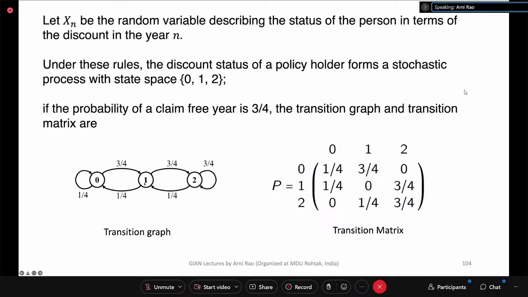So a person, in a year, suppose the second person is in state 1. That means currently availing a 25% discount. Their premium has got a 25% discount. And when the driver is getting a 25% discount in the same year, suppose there is no accident in that year. That means where will the person go? The person goes from the 25% discount,